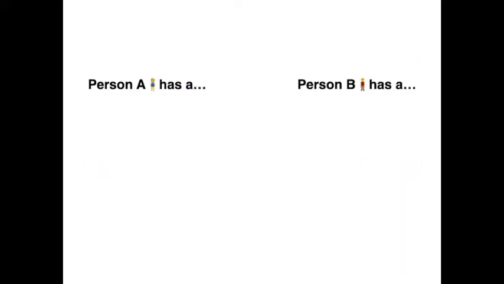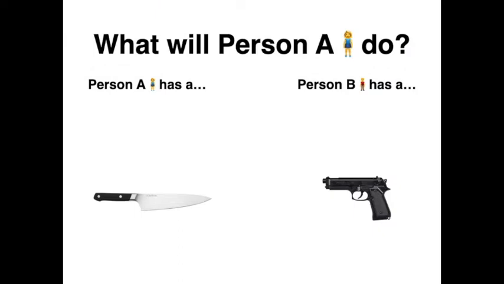All right, moving on with another example, building out this topic. Two people who are in a fight. Person A comes to that fight with a knife. Person B shows up with a gun. What will person A do? Now, when we talk about this in class, someone will sometimes say, come back with a bigger knife. No, wrong. Or, come back with a gun. Okay, yes, but then you just have the same weapon. This is an arms race.